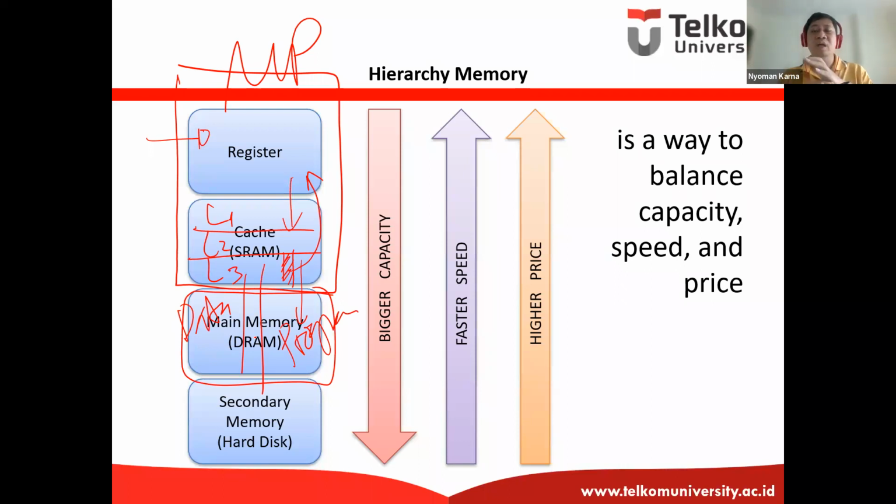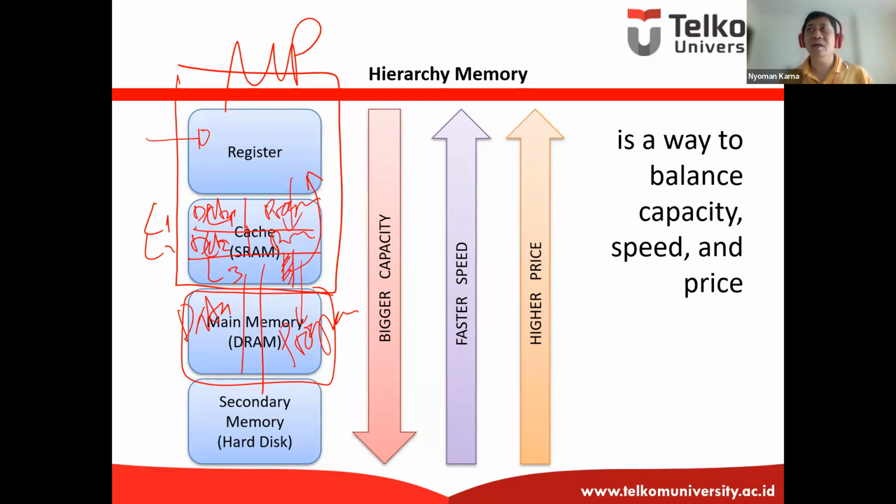We can mix data and program in the same location, but the cache itself, we're going to split. L1, I'm going to split you: this is L1 for data, and this one is level 1 for program. And for level 2 cache, this is the place for data, and this is the place for program. So we're going to split the data and the program in the cache memory.